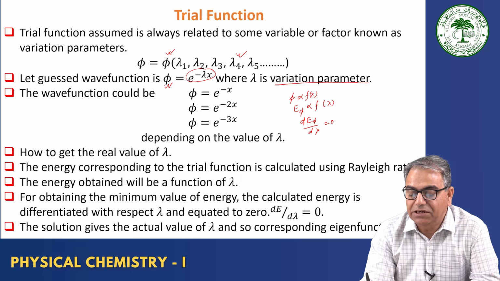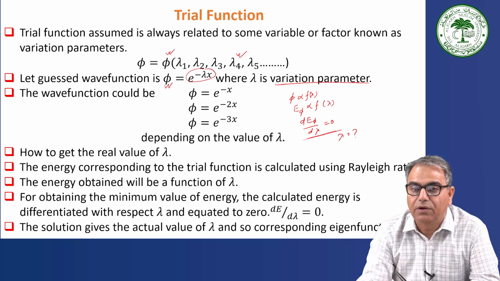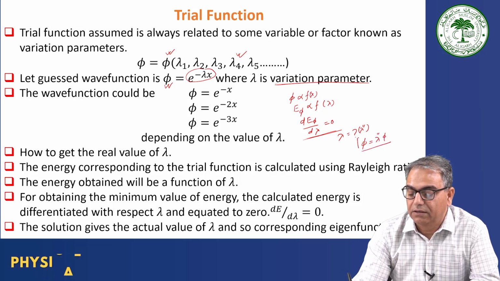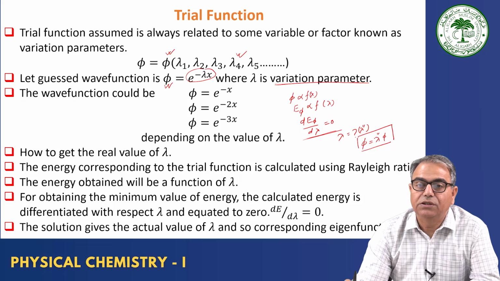Okay, and from this equation you find out the value of lambda, and once you put this value, say I'm writing lambda double prime, if you get lambda double prime here, then your best trial function will be with lambda double prime in phi. This is the logic behind